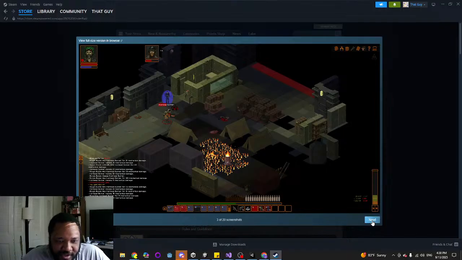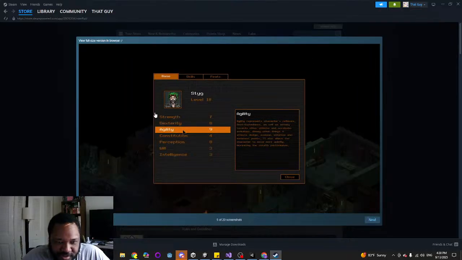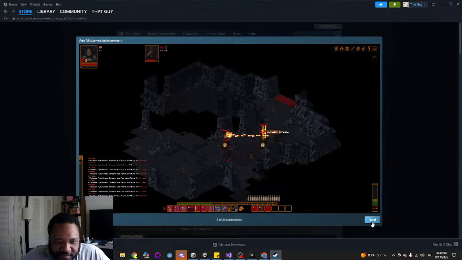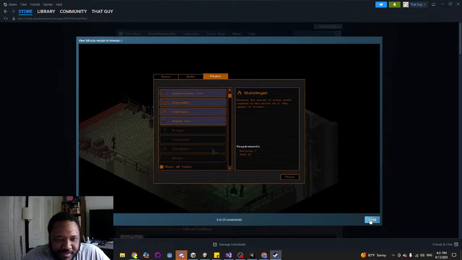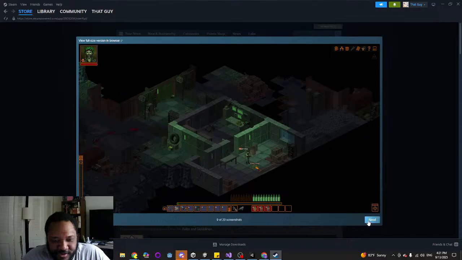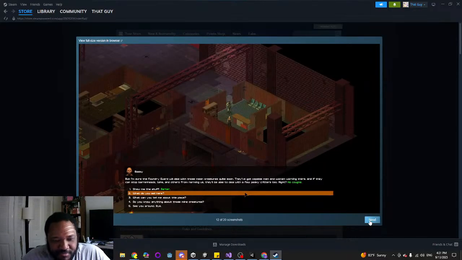If you like Fallout, if you like really hardcore computer RPGs with crunchy stats and building characters to dominate the game, this is a Munchkin game, meaning the only way you're really going to win is if you understand everything that's going on and you build a character meant to just destroy everything.